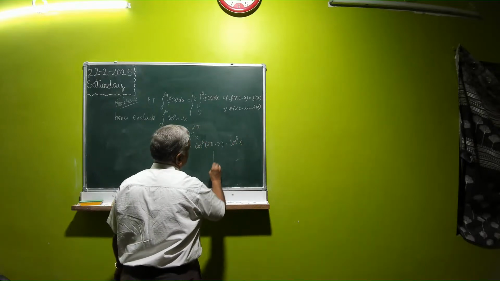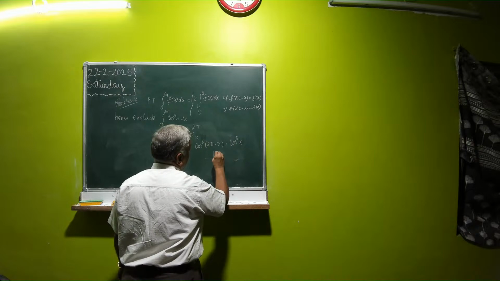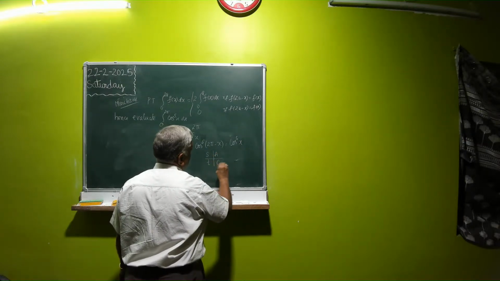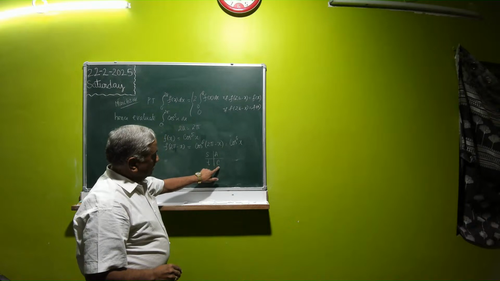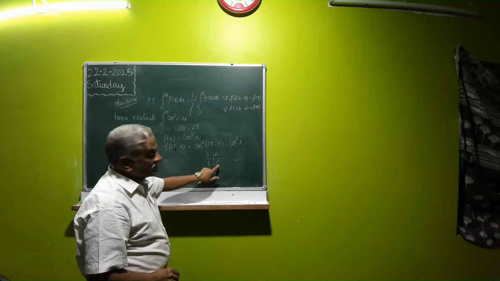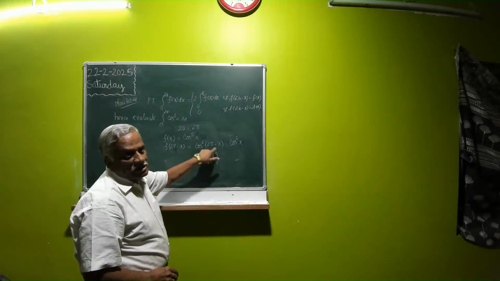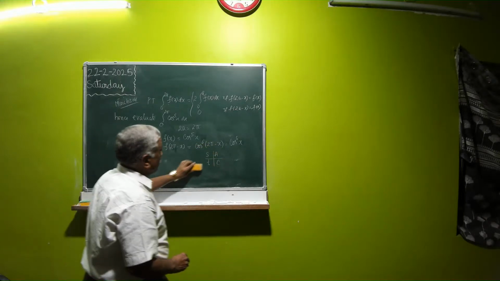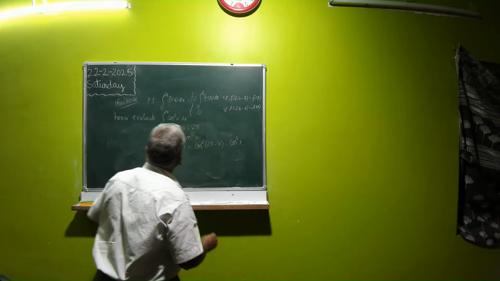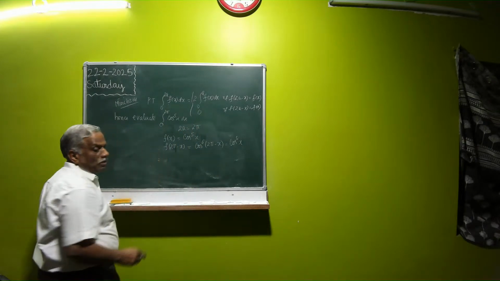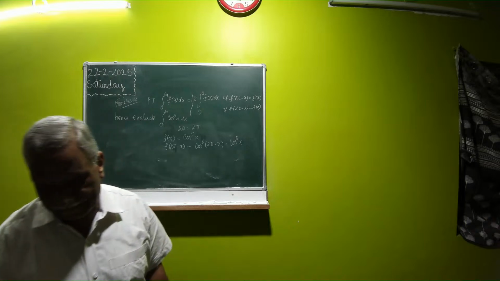The reason being, you recall ASTC: the cosine is positive here. 2 pi means 360, so 360 minus x is in the 4th quadrant. So cos of 360 minus x is plus cos x. Therefore, it is positive. So now you can write this problem as